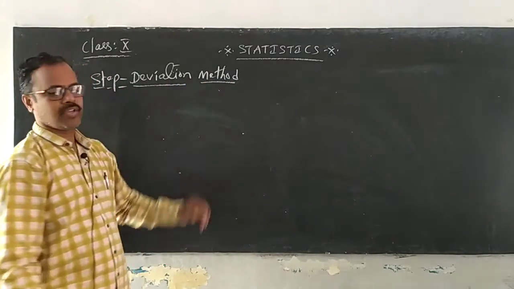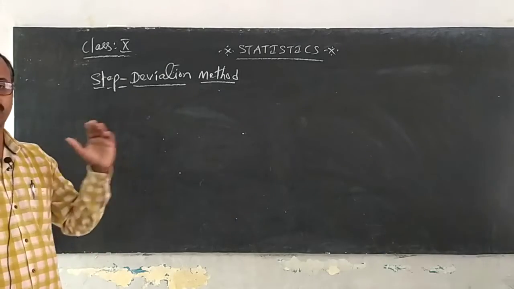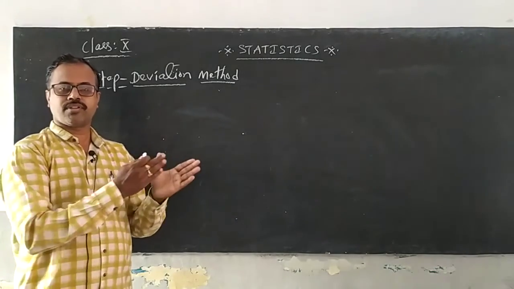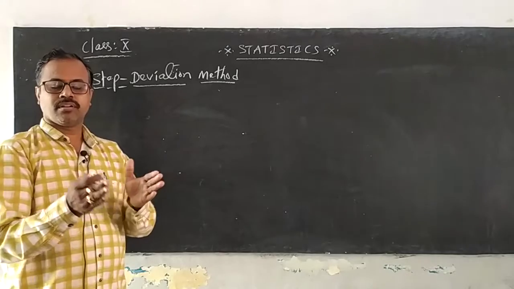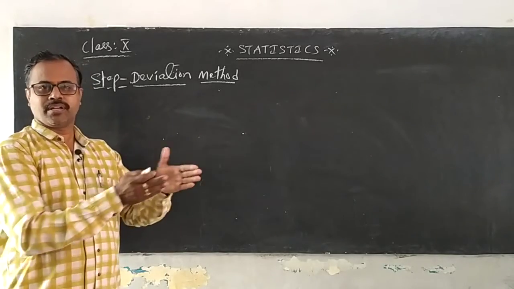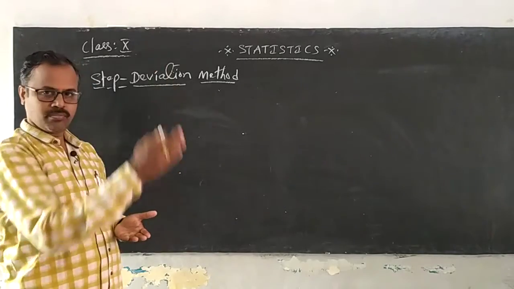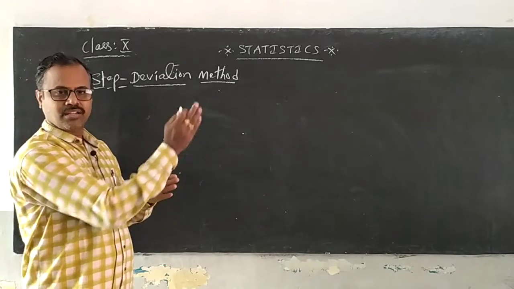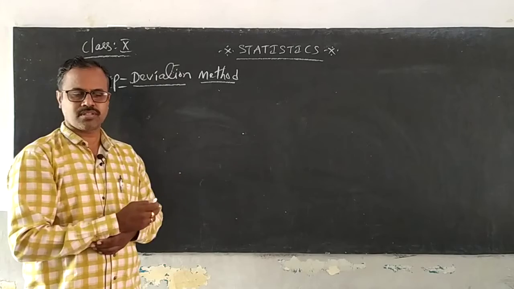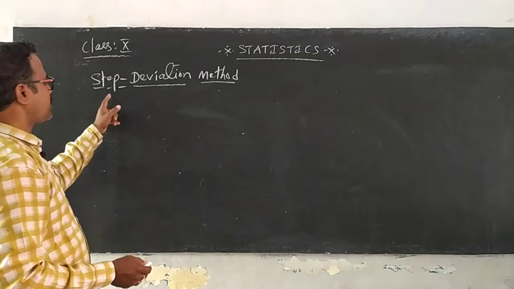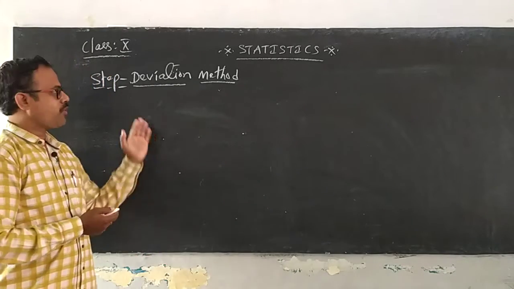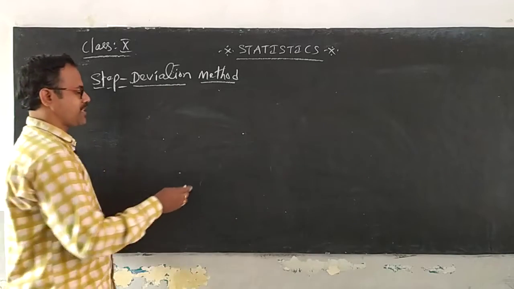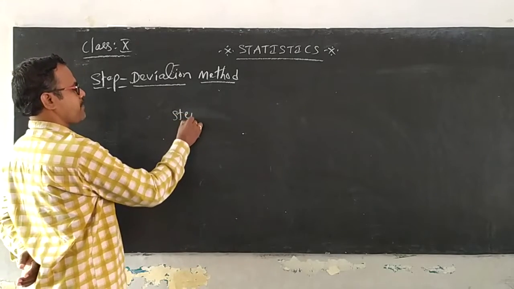About the step deviation method, I told you in the previous class what is meant by deviation. Deviation means changing the path of the mean, isn't it? As we get one mean, we have deviated the mean into the other values, into the mid values, isn't it? Very good. Now what is meant by step deviation? Before entering into the step deviation, I will give you an example of what is meant by a step function.